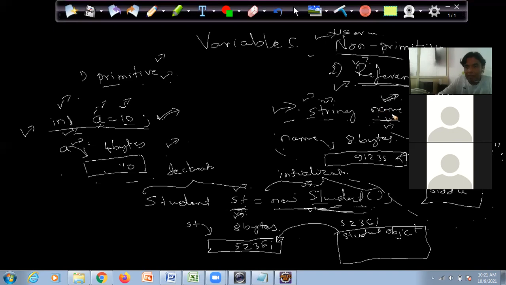Always, for any reference variable, 8 bytes of memory is allocated by the JVM, and the object's memory depends on its size. This is the main understanding.